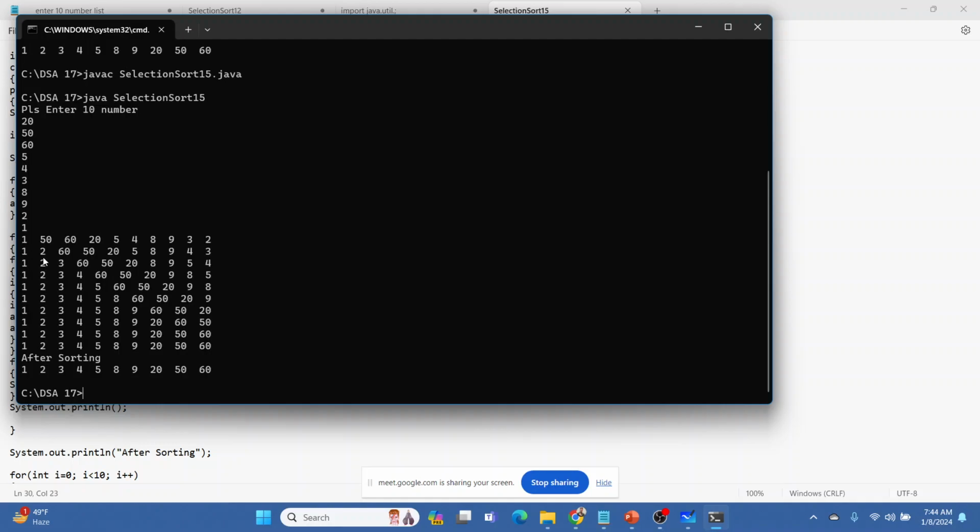With each iteration we can see that the minimum number is coming at the first index, the second minimum number is coming at the second index, right? When 1 is there, 2 is not here, 2 is at the last. In the second iteration 2 reached its right position. In the third iteration 3 will reach its right position. In the fourth iteration 4 will reach its right position.